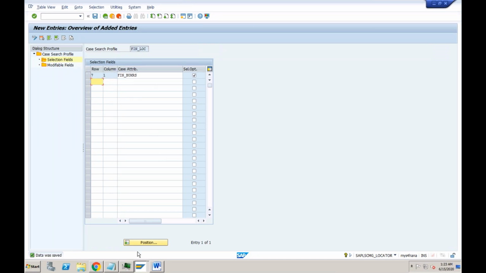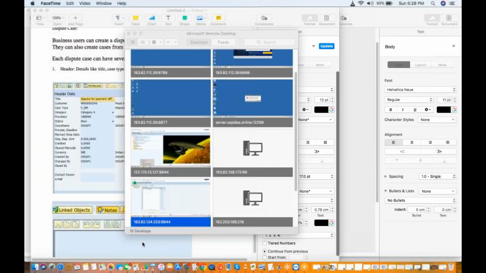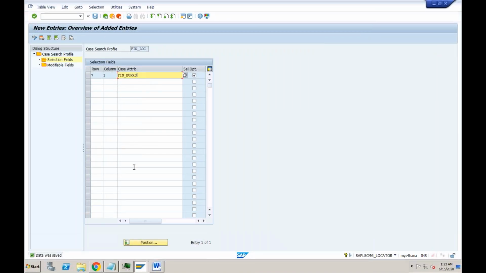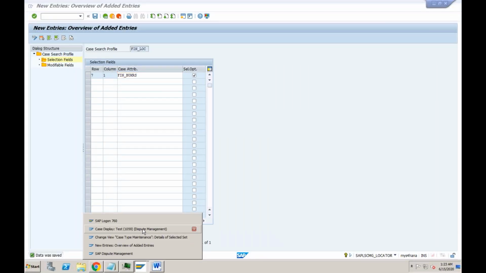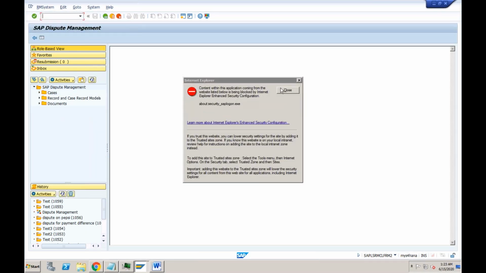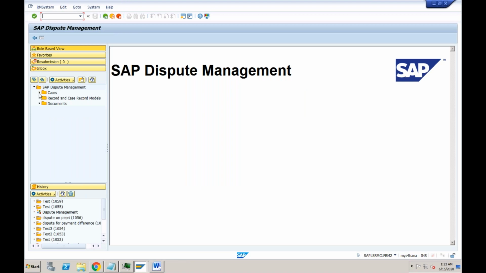First I'll show you these selection fields, and then we will talk about the modifiable fields. Let me go back to my case, UDM_dispute.